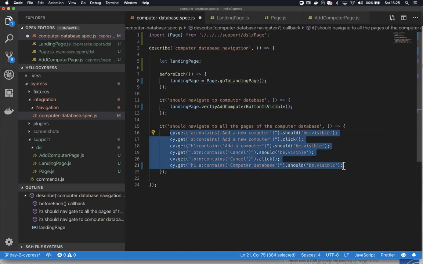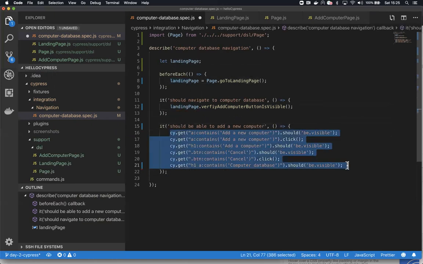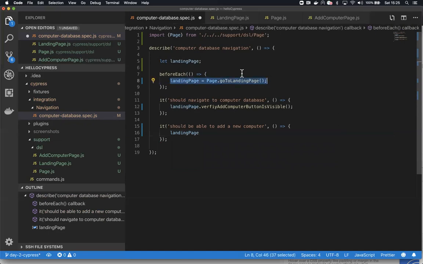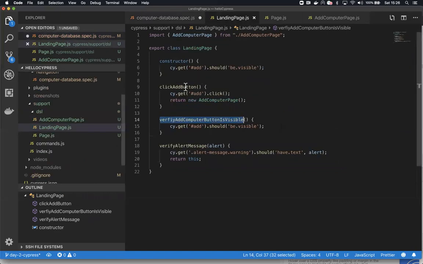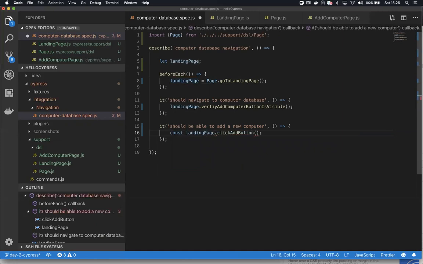And then the next is, let's remove this test, but here I will write like should be able to add a new computer. So what I'm going to do is, first I'm here as page dot go to landing page, and then I'm going to click on it. So the method will be click add button, dot click add button, and this method is going to return me a computer detail page, right? So I'll write it like this, and on the computer detail page,